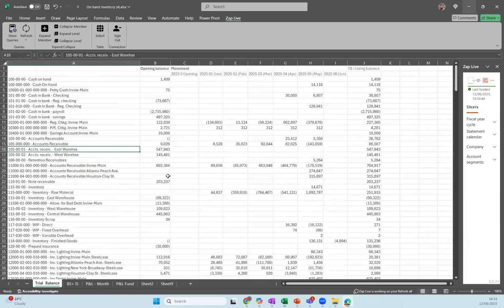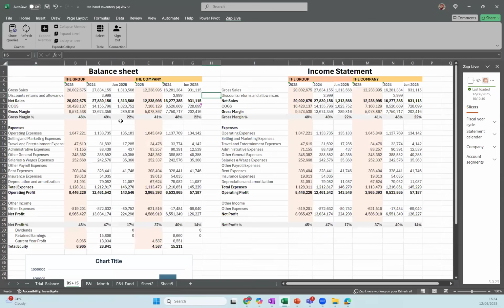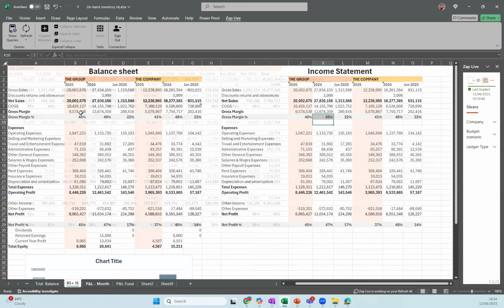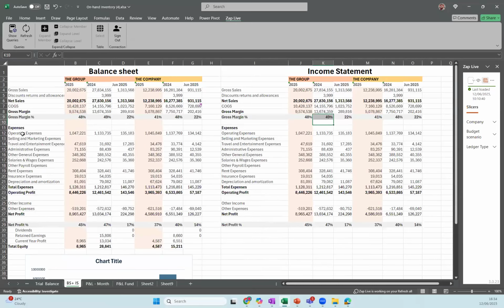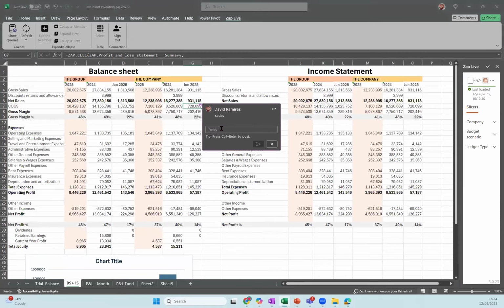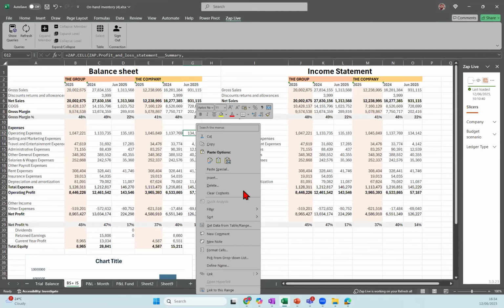But what if we want to send a report back in an Excel file where we have different reports? Here we have a trial balance. Then we have a second one where we have a balance sheet statement, a profit and loss statement, and a profit and loss statement by month, right? What if we need to add comments? For example, let's say that I'm analyzing this statement and then I want to say, my operating expenses are too high for June 2025. So I want to add a comment here and I want to say, hey,